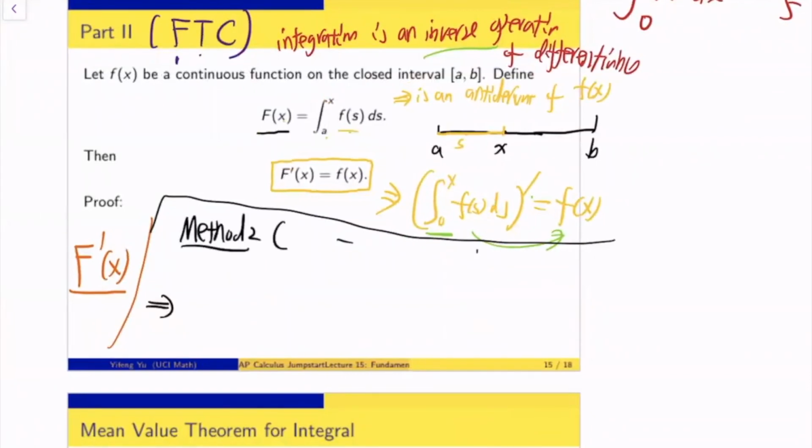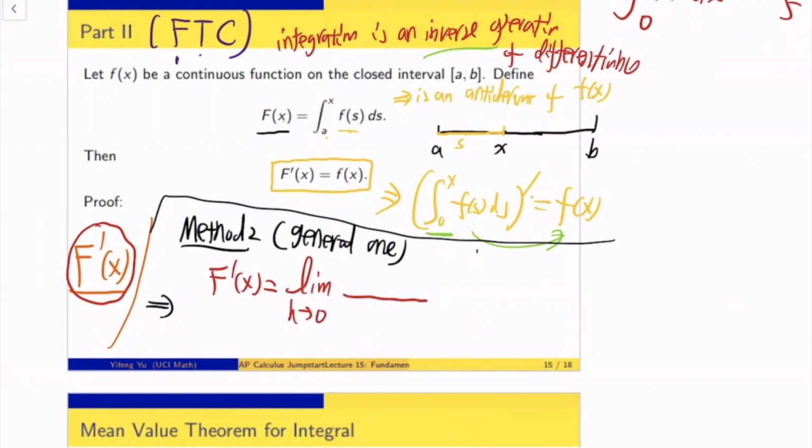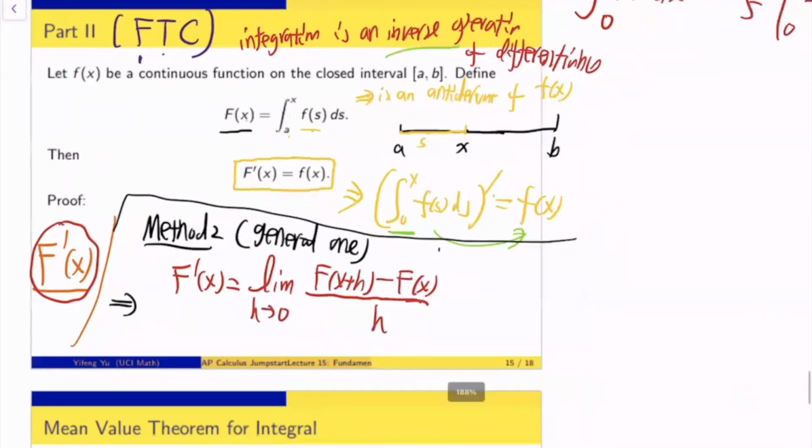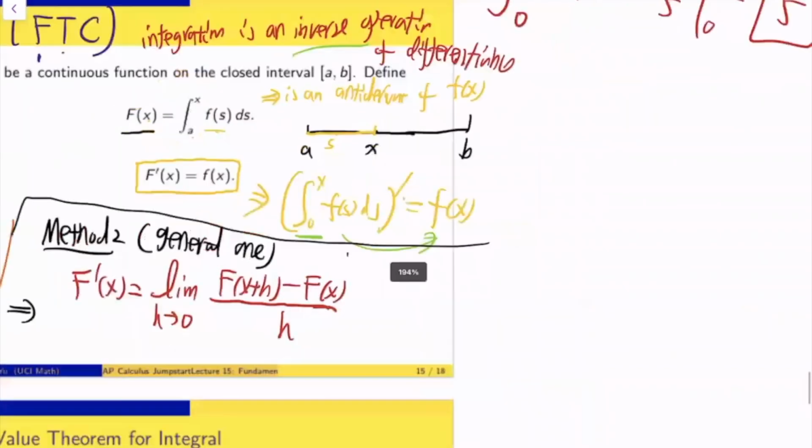This is the general one. Let's just apply the definition. Here we have the derivative of this, so I apply the definition. Let's recall how we define the derivative. The derivative, by the analytic definition, is the limit as h goes to 0 of F(x plus h) minus F(x), over h. Now I plug into the definition